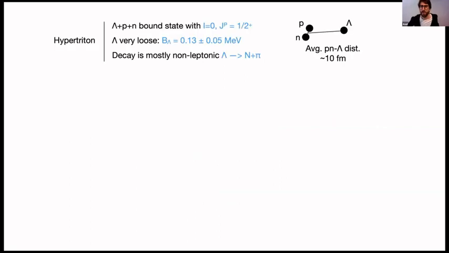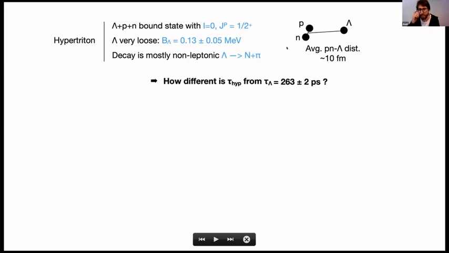So yeah, we know very well now this Hypertriton lifetime puzzle. We have this three-body bound system: proton, neutron, and lambda. The lambda is very loosely bound, and this leads to the question of how much different the decay of this lambda is under the small influence of such a small nuclear medium from that of the lambda when it is actually free. And so the lifetime of the lambda is very well known, this 263 picoseconds, but the one from the Hypertriton, not so much. And yeah, we have been trying to answer this question, both the experimentalists and theorists.